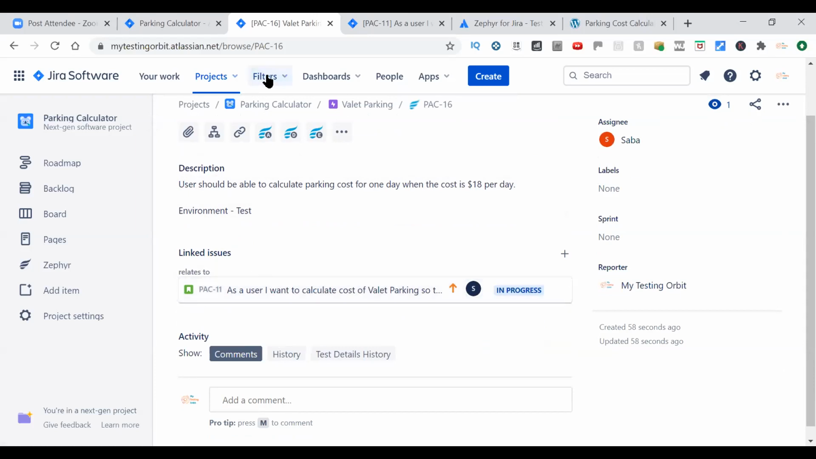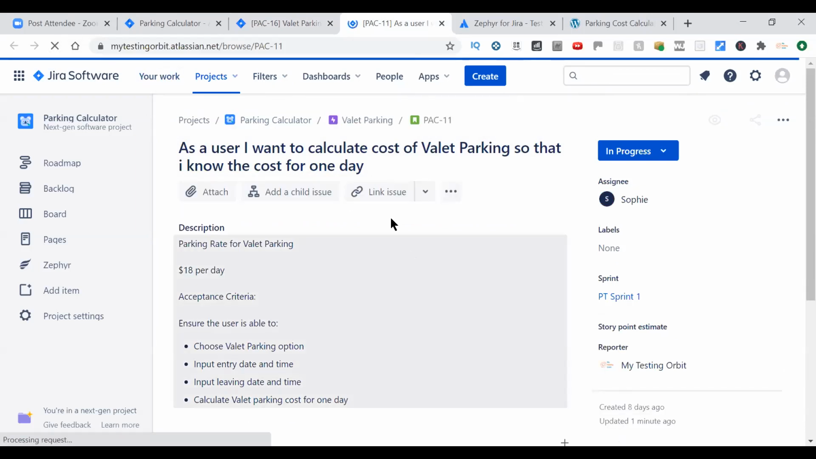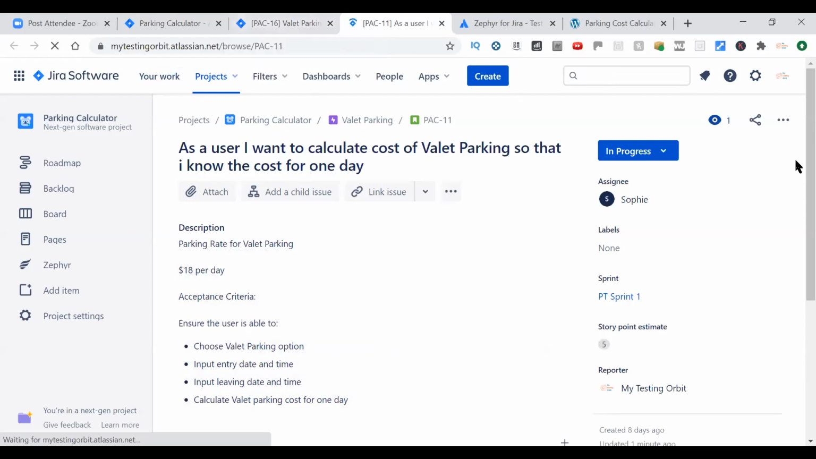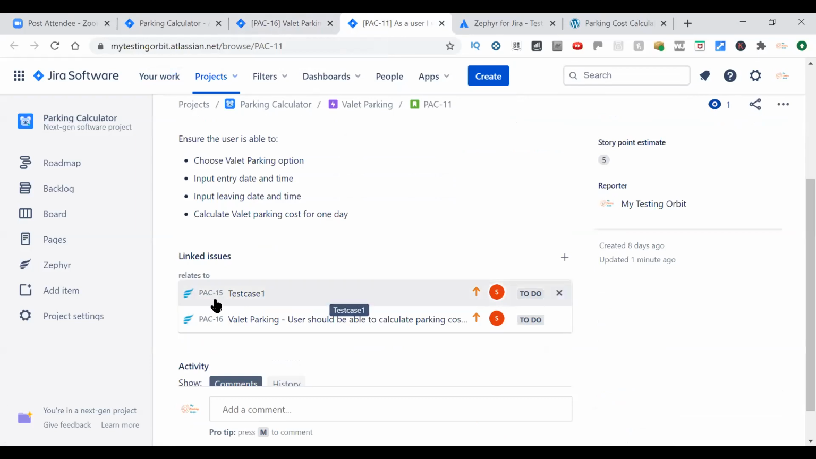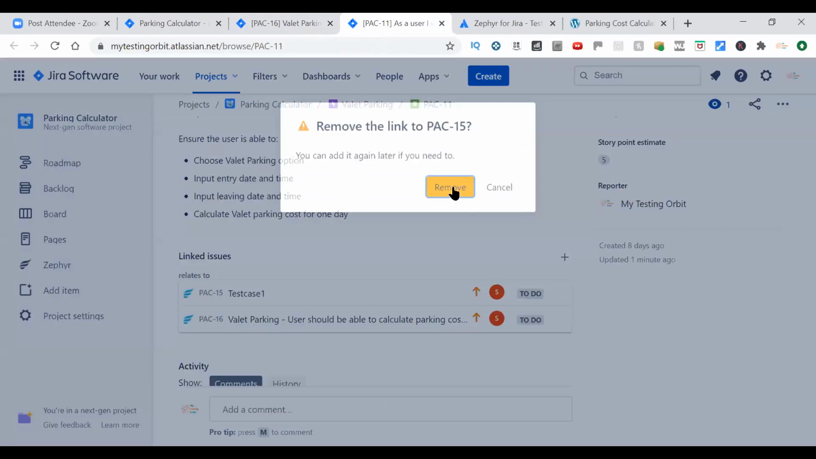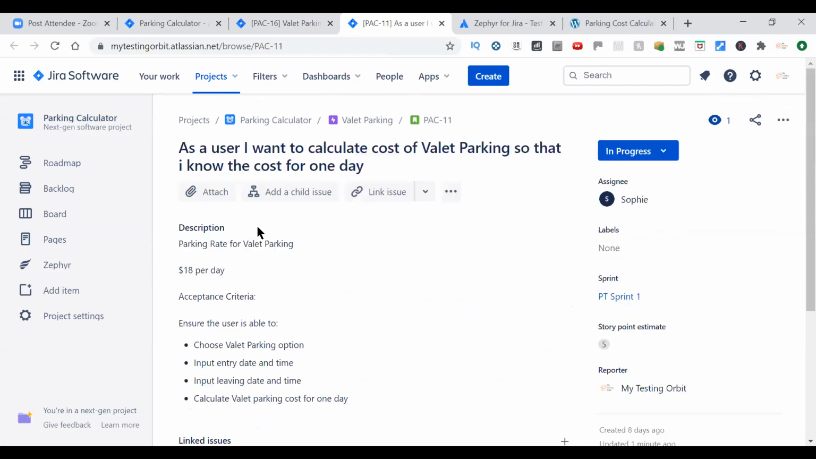So for example, if we now go back to this user story and we refresh it, we should be able to see that test case which we just created. So we created this PAC 16. So let's have a look. See, this was the one which I created as an example. So maybe we can just remove it right now. Okay, so this is the one which we just created, and you can see that this is linked to